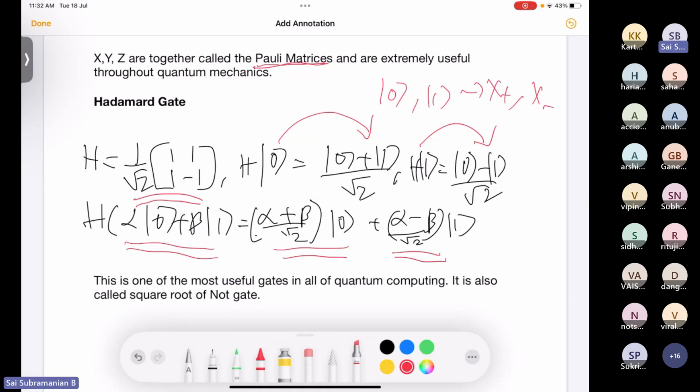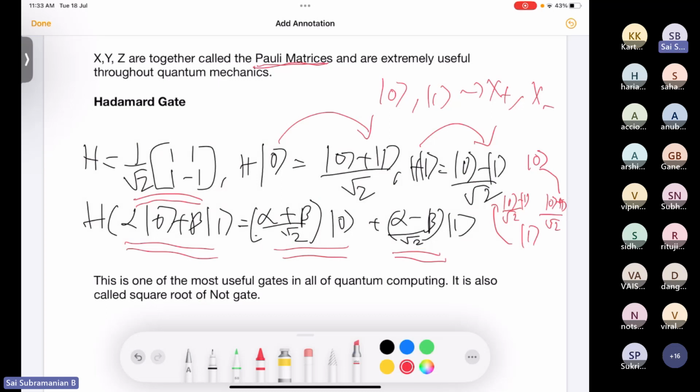It is probably the most commonly used single qubit gate in quantum computing, this Hadamard gate. Some people will call it the square root of NOT gate. The reason they do that is because, say, the 0 state is on the top of the Bloch sphere, the 1 state is at the bottom, and it takes 0 to 0 plus 1 by root 2, which is like halfway through the NOT gate, and it takes 1 to 0 minus 1 by root 2, which is like a halfway rotation to 0. So it is doing half the rotation of a NOT gate, but this naming is stupid